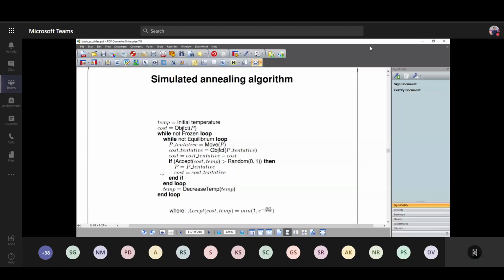The criteria of deciding this again is the temperature, because we require to reduce the temperature drastically from 1000 to 0 in order to extract that output. In this case, we look at different types of objective functions. While not frozen, we go for the loop, and while not equilibrium, that means if that matches with that silicon, if it has not been there, in that case we repeat these operations.